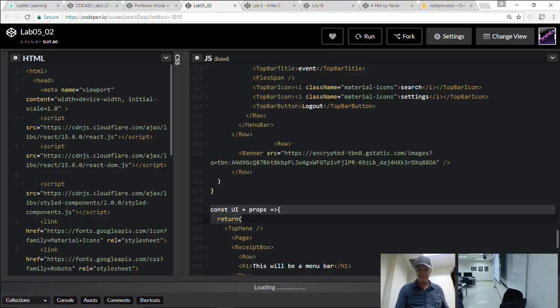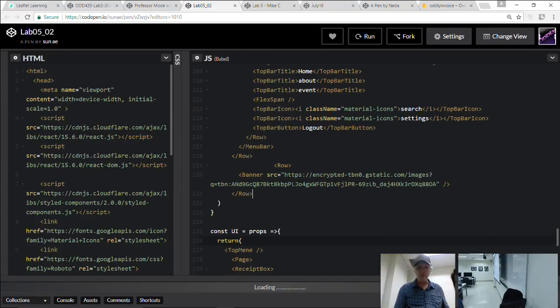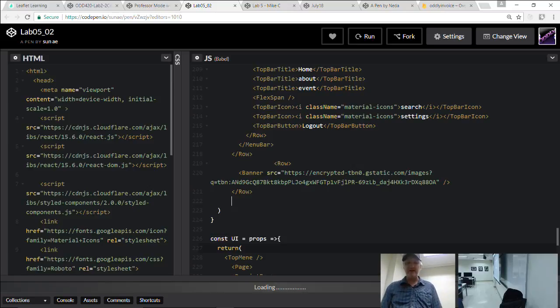Close the page because I make this one. Yeah, it's open the page. Oh, so you just need the close of the page.